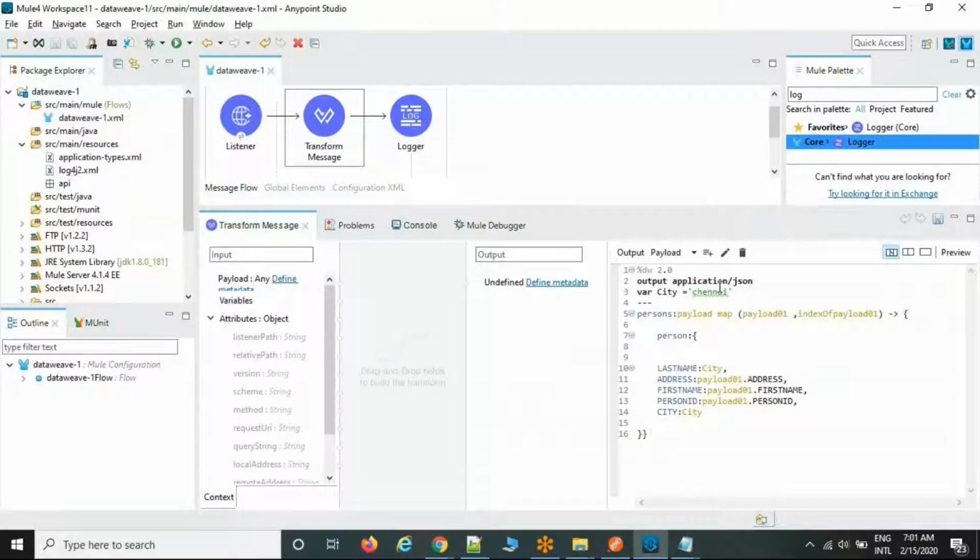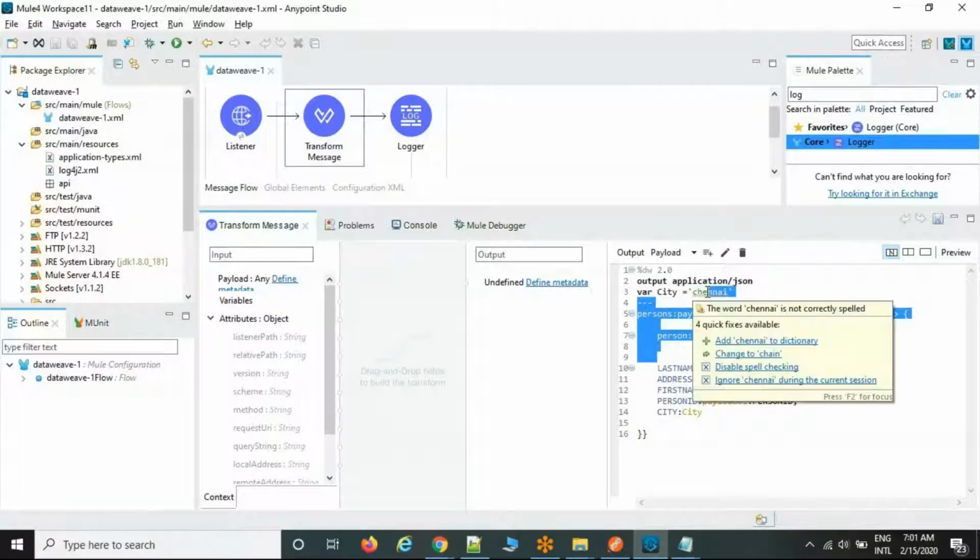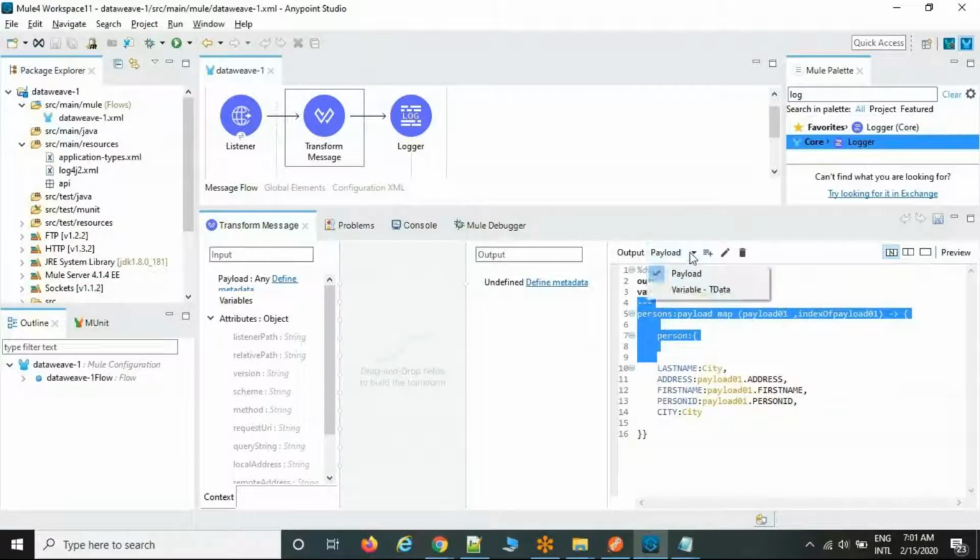Within the DataWeave code, if you want to reuse it, then we can create a variable, that is the header part, and we can reuse it in multiple places. The one which we discussed first, the entire DataWeave code stored under a variable, we can reuse that. But whatever variable is created here, we cannot reuse it outside of the transform message. The one which we created outside of the transform message, means outside of this palette, we can reuse. But the variable created here we can reuse in this place only, not outside. Now, is it clear?